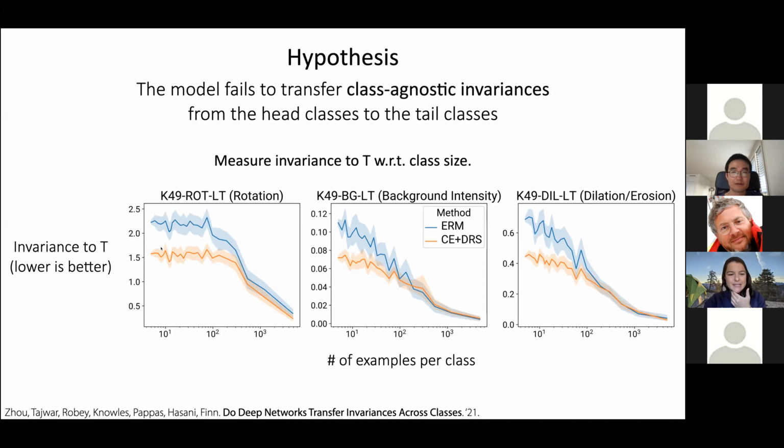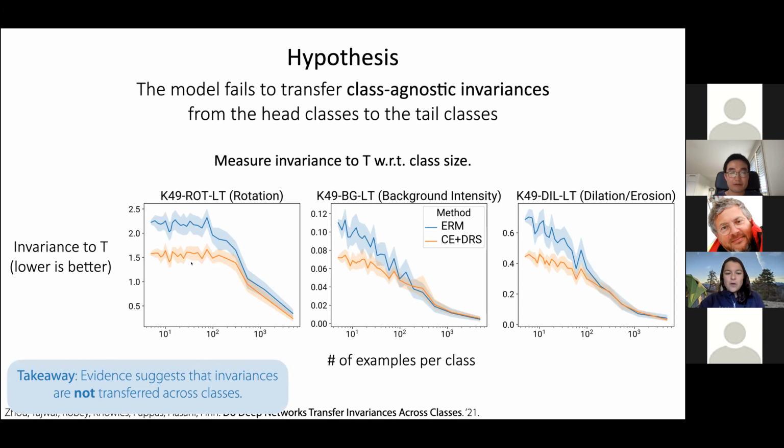So this suggests that this sort of transfer of invariances isn't happening automatically when you train a neural network on long tail distributions. And if you're curious what the difference between these two lines is, this orange line is doing delayed resampling. And so later on in training, it's actually resampling the data to the uniform distribution. And what this orange line suggests is that even when you resample the data to the uniform distribution and upweight the data points that have a small amount of data, or upsample them, you still see this trend where it's not invariant to these transformations when you have small amounts of data. Okay, so invariances are not transferred across classes.